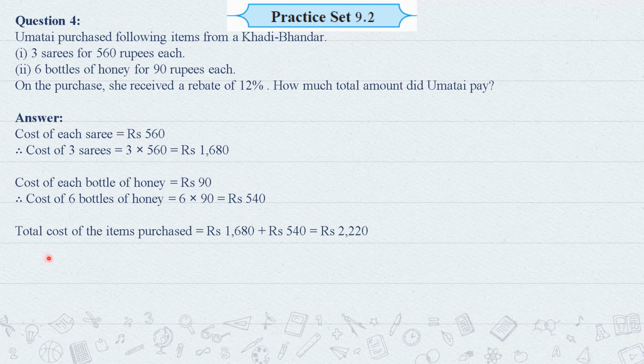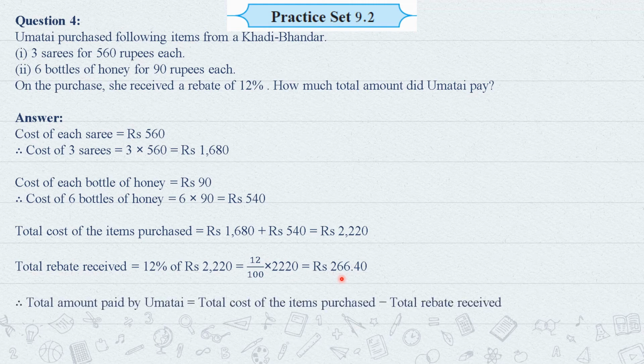So the total cost of both these items would be 1680 plus 540, which is 2220 rupees. In the question, 12% of rebate is there. So we have to find 12% of the total cost, that is 12% of rupees 2220, which is 12 upon 100 into 2220, which will give you rupees